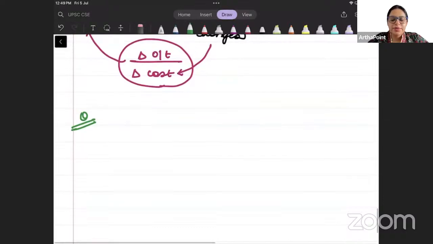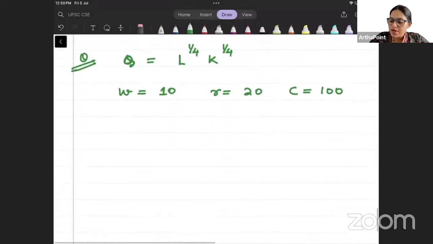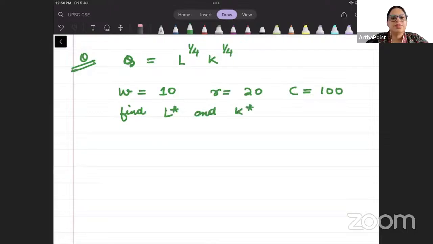I am given that Q is equal to L to the power 1 by 4, K to the power 1 by 4, W is equal to 10, R is equal to 20, and suppose cost is equal to 100. Okay. And I ask you to find L star and K star. You need to find L star and K star. So what can